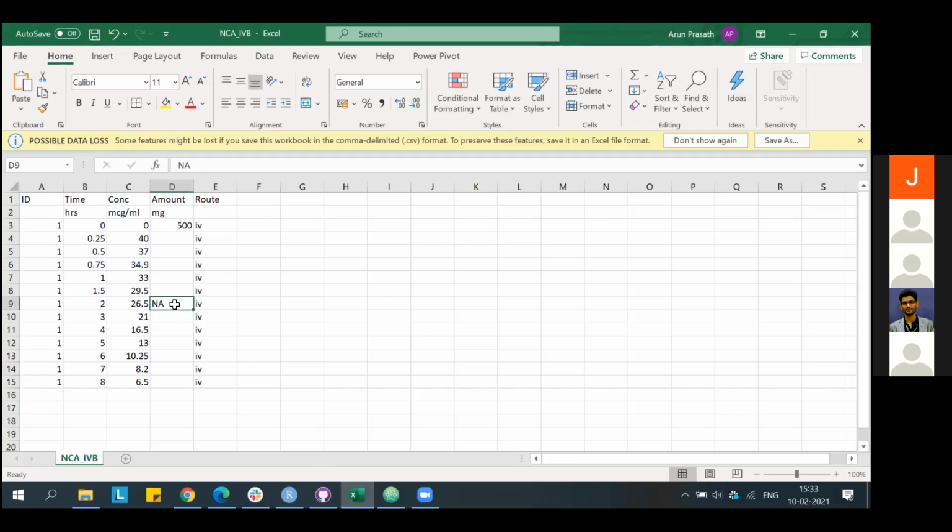It considers it as a value or an entry. That is just a basic thing that I showed, so that if you have any other data set which contains other characters or entries that should also be considered as missing values, you can specify them within the codes. Okay, sir.